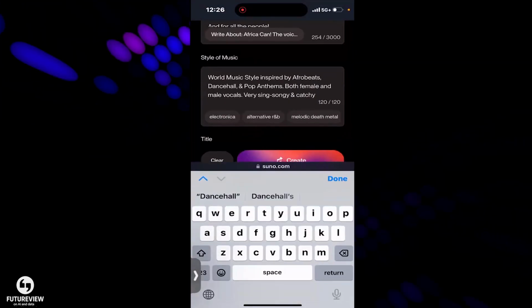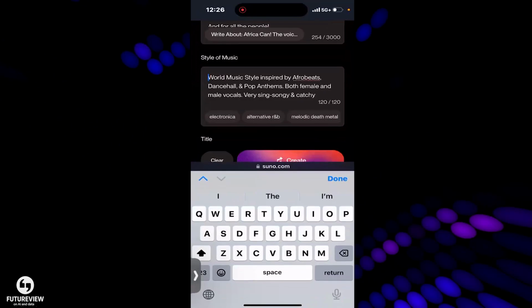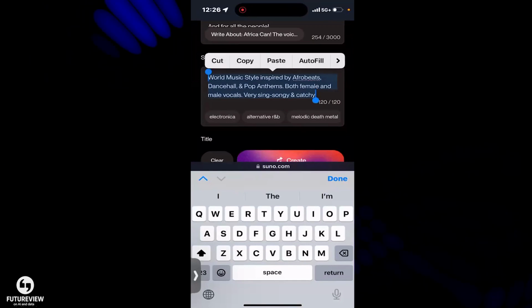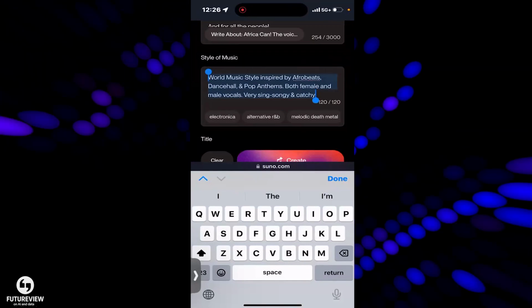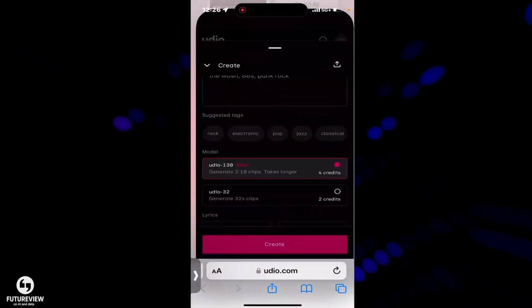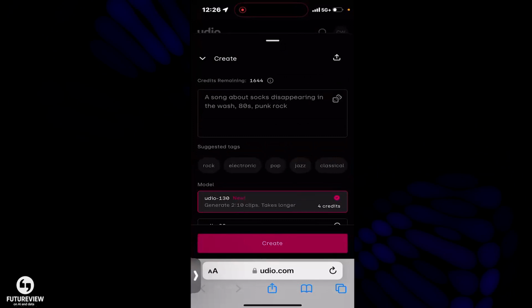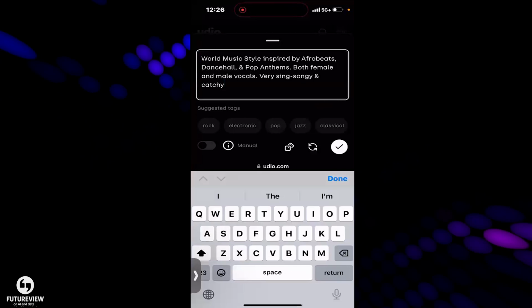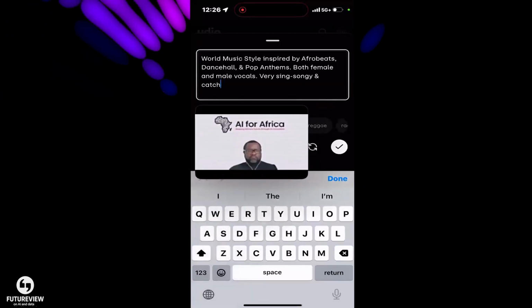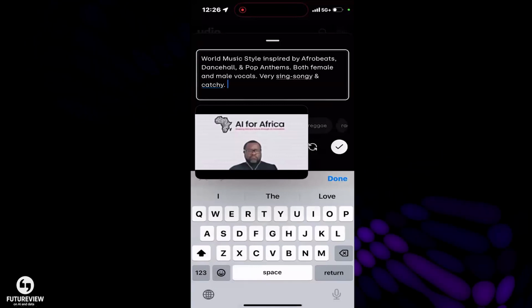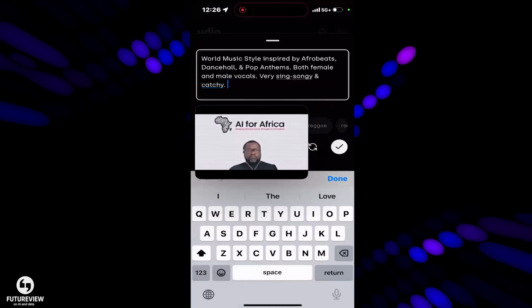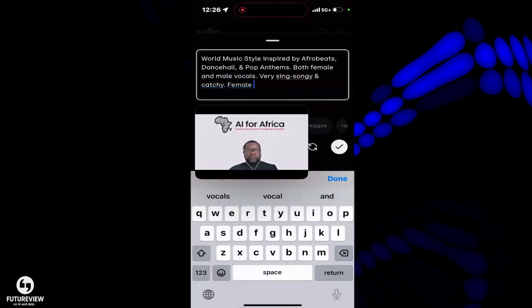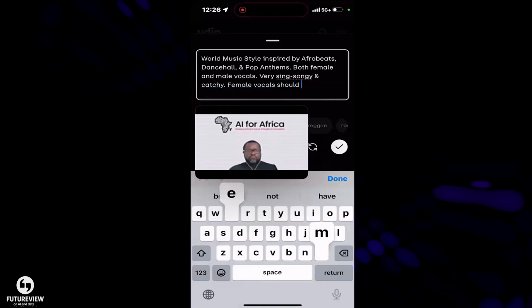So here's the style of music. We're going to copy and paste this, although since Suno is so limited and only gives us 120 characters, we're going to use that same one. So I'm going to come back over to Udio, and here in the description, I'm going to put that too, to keep it fair and the same. But at the same time, since it lets us do so many more descriptions, by the way, on Suno, it just sounded like male vocals. On this one, I'm going to say female vocals should emulate